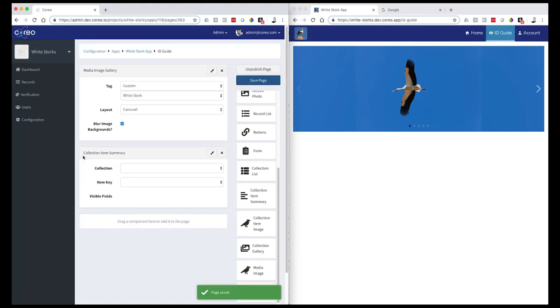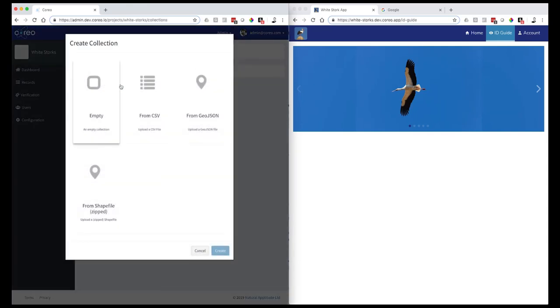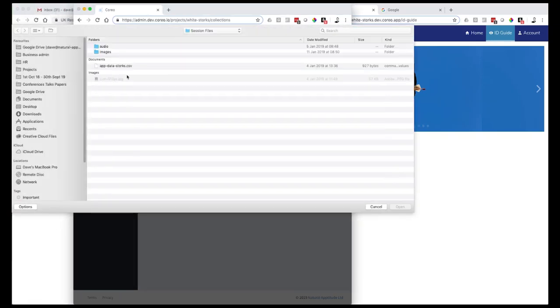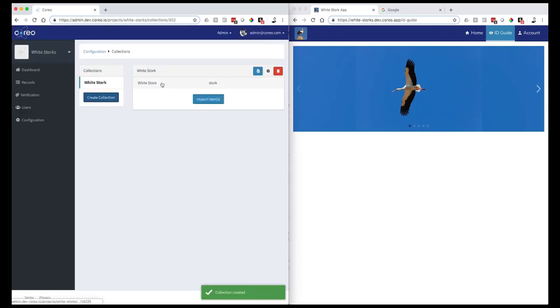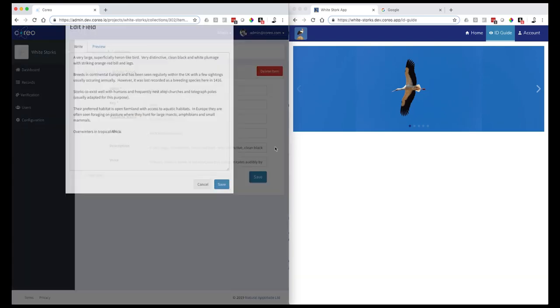We're also adding this collection item summary, which is the information about white storks. But first of all, what we need to do is create a collection, and we need to import some data about white storks, which we created earlier. So we're just pulling in that data now, and this is the information that we've collected and now brought in,